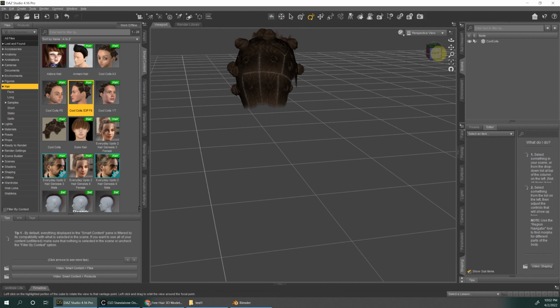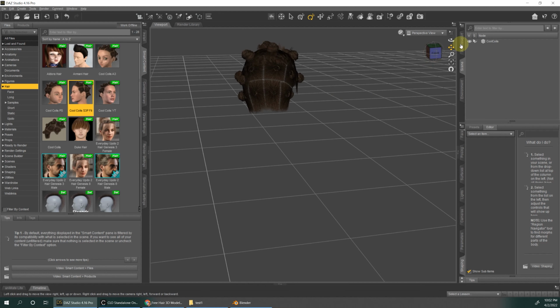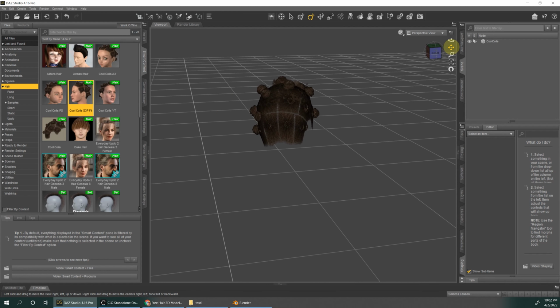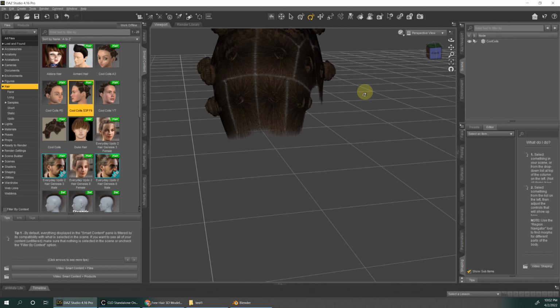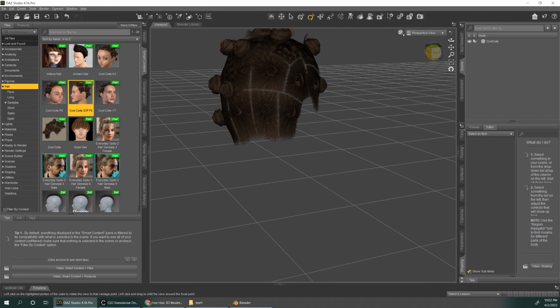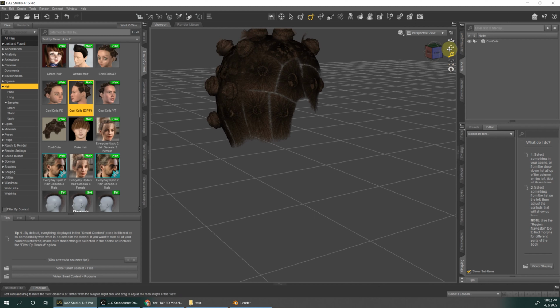In this step, it's really important to export two different formats. One is OBJ, the other one is FBX. Why do we need two formats? It's not because one is better than the other, but because they export different textures.